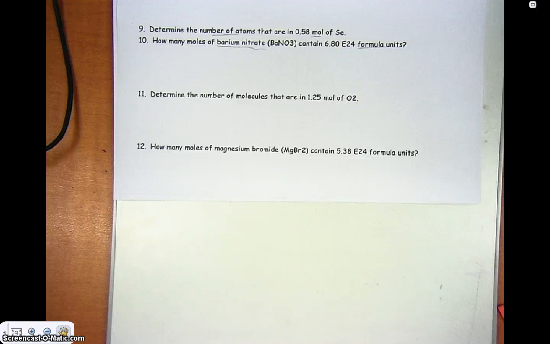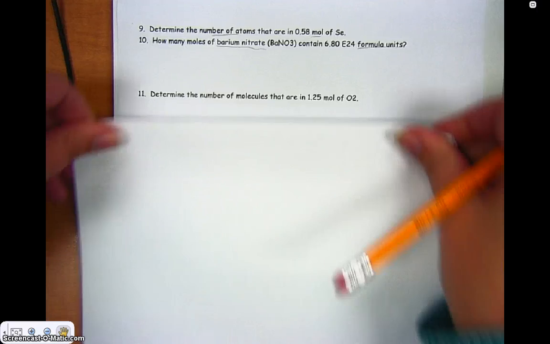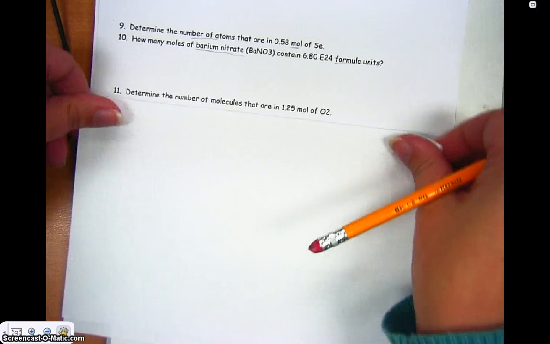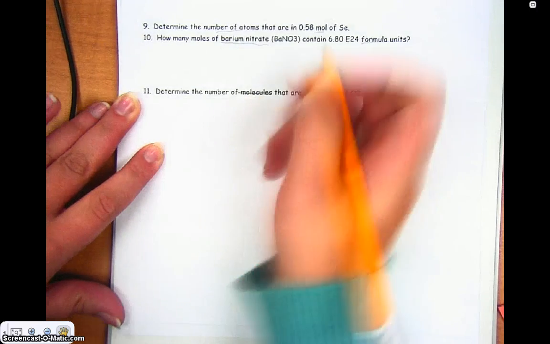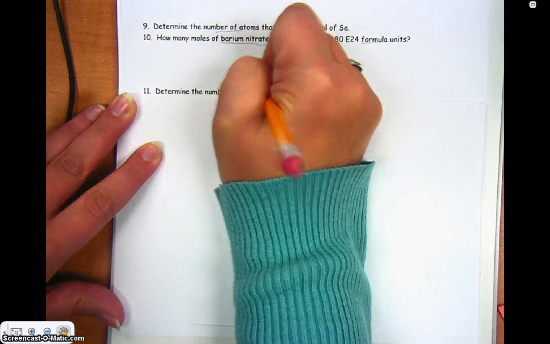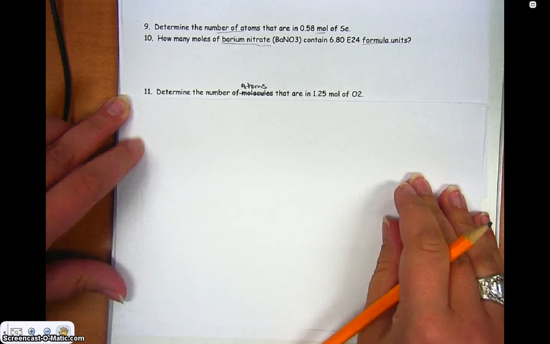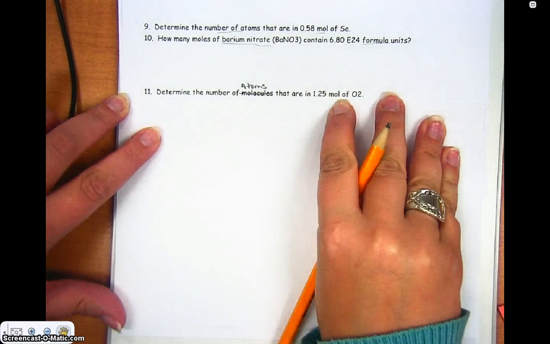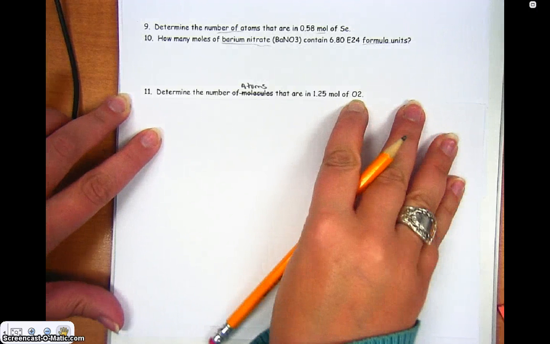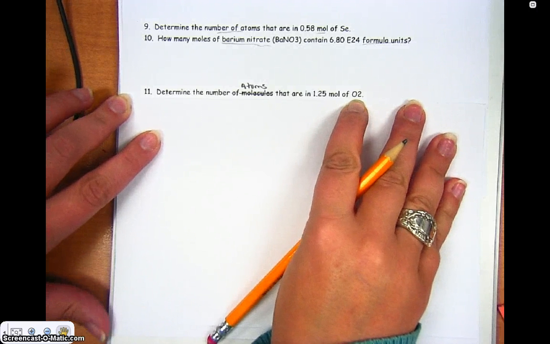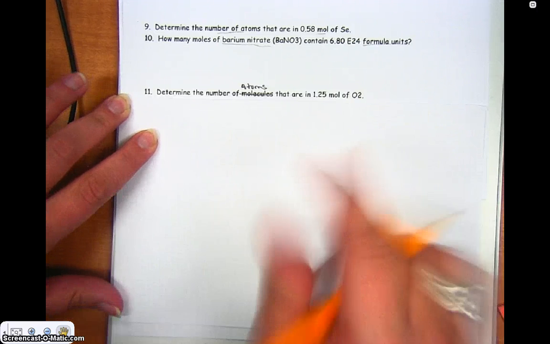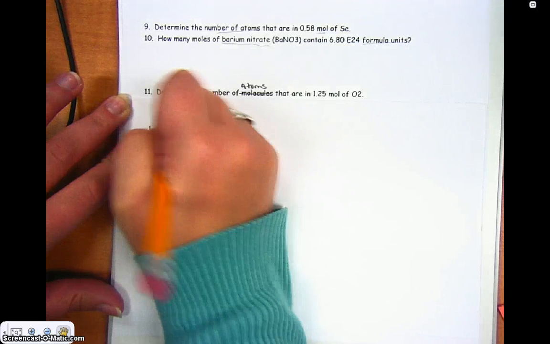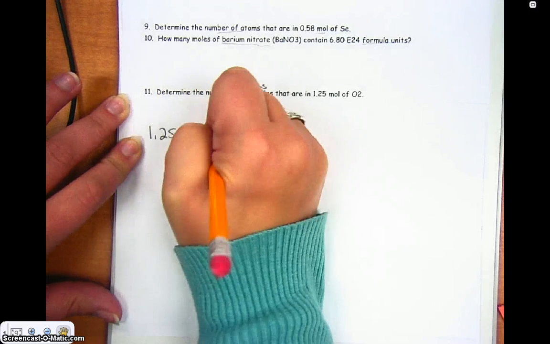So let's do number 11, but I'm going to change it a little bit here. Let's say it says determine the number of molecules that are in 1.25 moles of oxygen. I want to say let's determine the number of atoms. That'll make it a little bit more difficult. So remember that I have moles here and I have oxygen, and oxygen is a diatomic, so its representative particle is a molecule. So I'm going to start and I'm going to write I have 1.25 moles of O2,